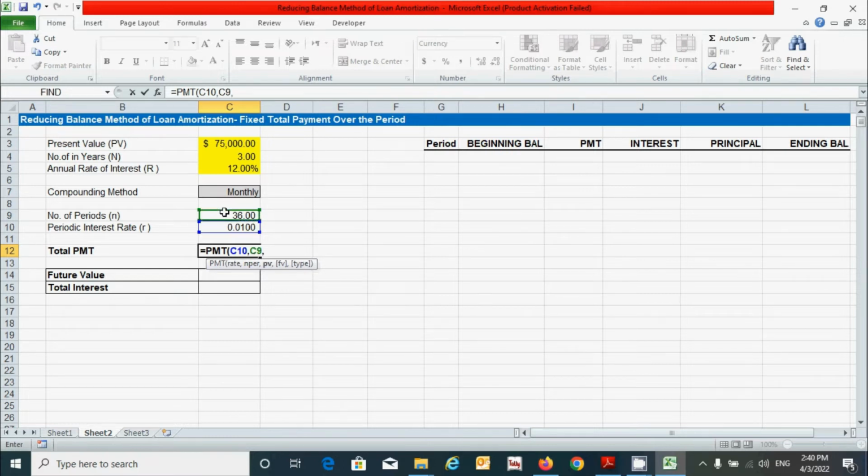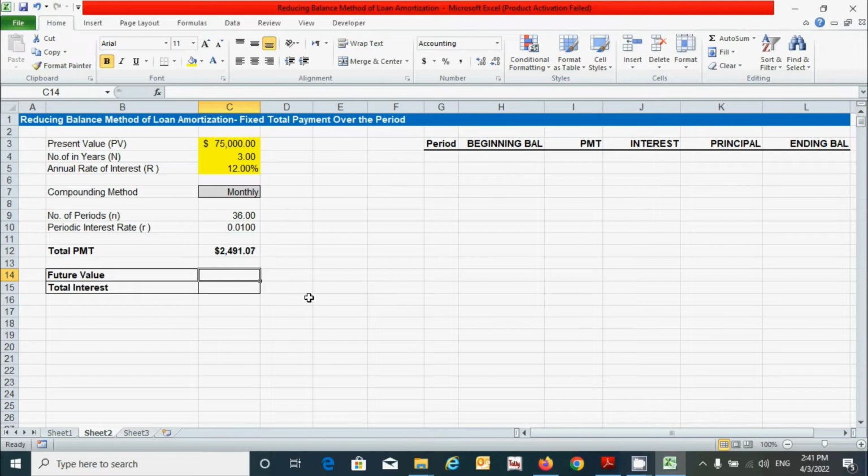For present value, select this one, but we have to provide a negative sign here. For future value, put the value 0. Now for type, select any value from this list; it doesn't affect this value, so I'm going to type 0. Now close the parenthesis and press the Enter key. All right, you can see.